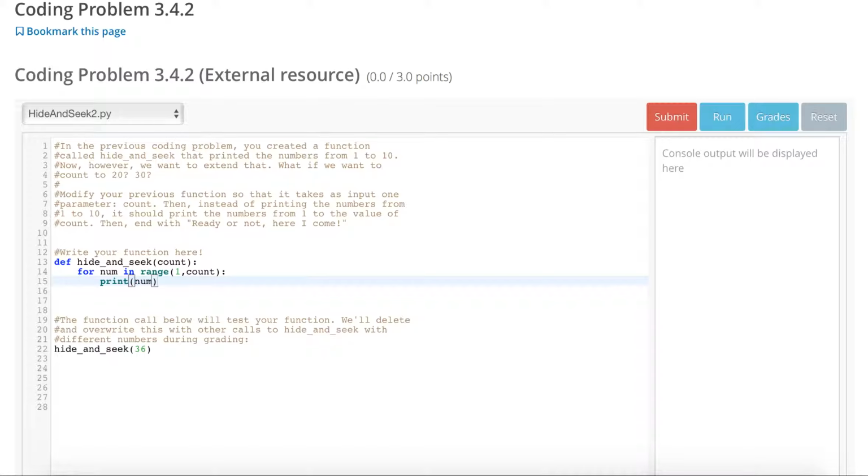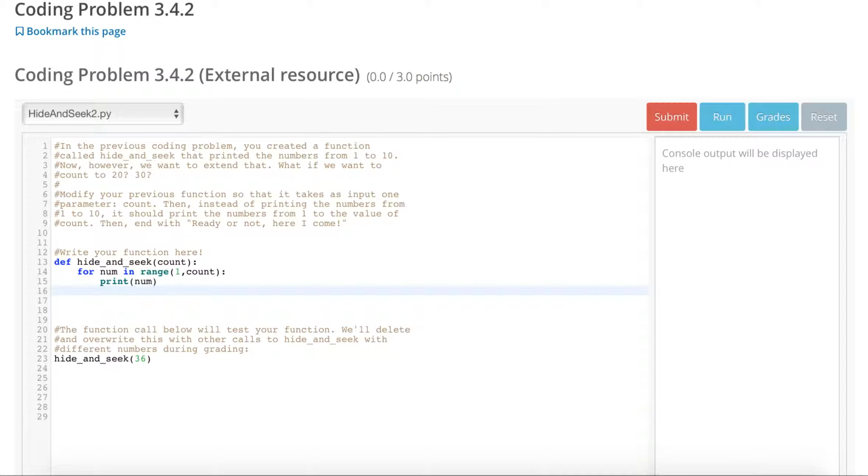So with each iteration throughout the range from 1 to count, each iteration will have that number stored in the value of num. So for the first iteration, num would equal 1, the second one would equal 2, the third one would equal 3, and so on and so forth all the way up to count. All right, and it says in the end we want to print "ready or not, here I come." So there's a couple places, remember, that you could put that print statement. So if you put it here, right underneath your print num, ready or not, here I come,